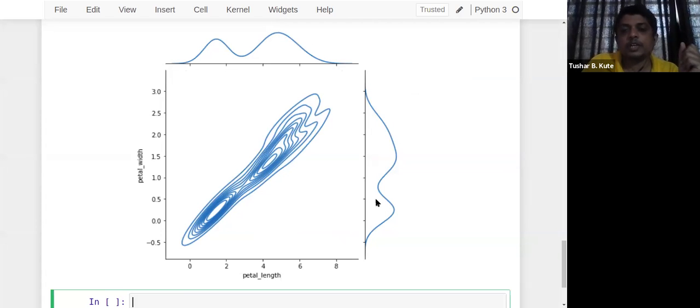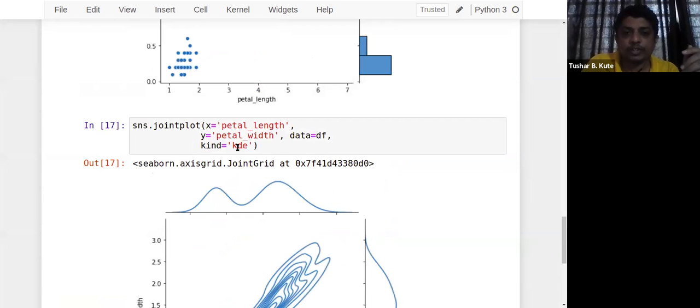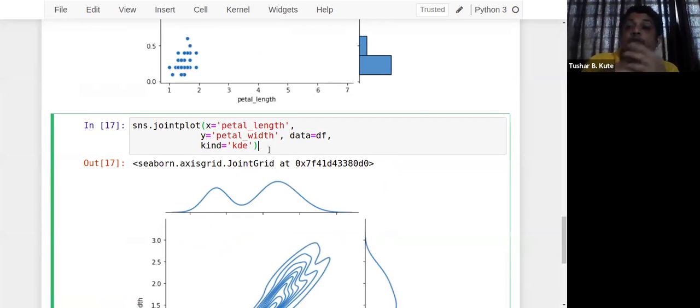And this also, KD means instead of histogram, I want a KDE plot. So you can find a kind of it. What kind of plot we require on the right axis or on the top axis? So we require a KDE plot. Accordingly, where the highest distribution of data is there, we can find by applying this particular parameter, kind equal to KD, present here.